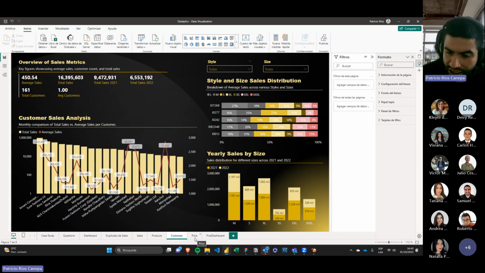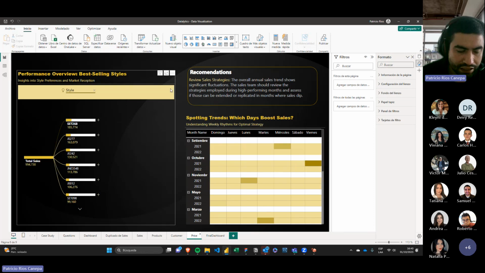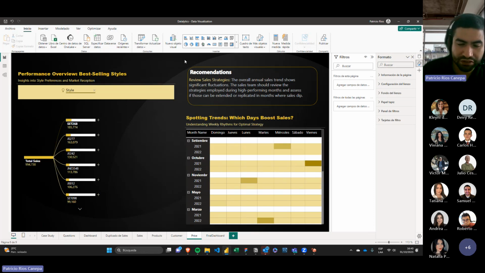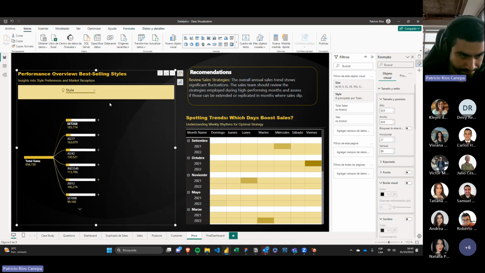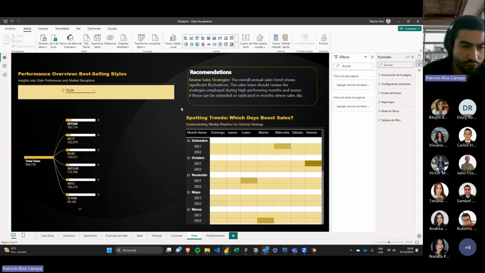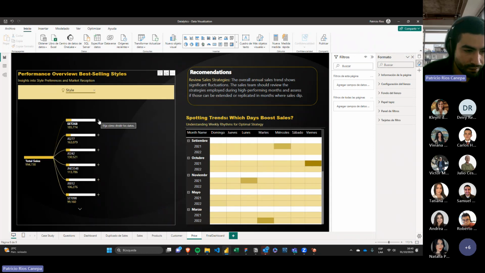And finally, if we go over to prices, we're going to be looking at one of the most powerful visualizations that Power BI offers, which is this composition visualization type that will allow you to break down whatever variable you're trying to comprehend, whatever variable you're trying to study. Power BI will do calculations in the background to understand how it is mainly composed. Okay, so